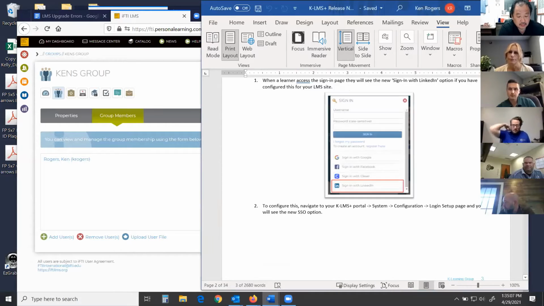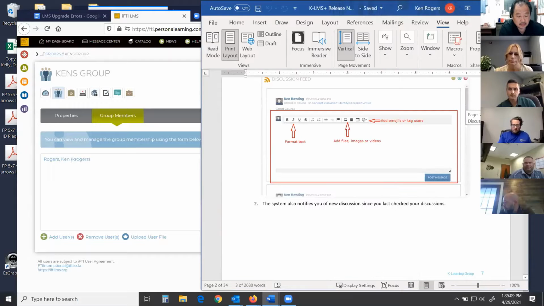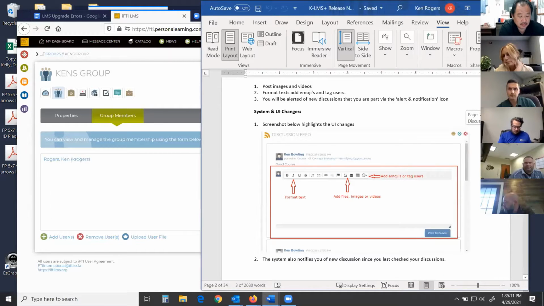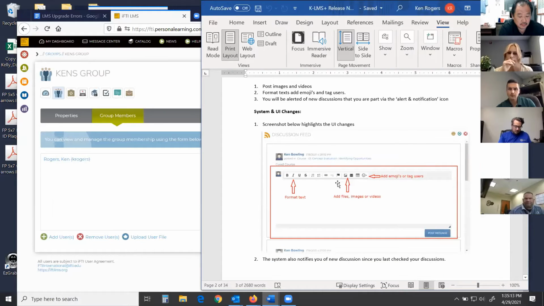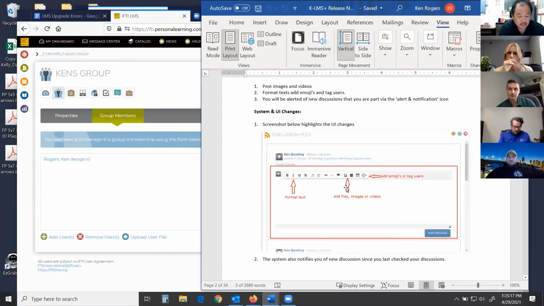If I go down to page 7, these are the types of things that are in the discussion. Before it was just simple text. Now you can change it to bold and add hyperlinks, images, videos, and emojis. There's a whole list of emojis. I don't know if anybody really uses all of them, but you can add smiley faces and things like that to any of your discussion boards.